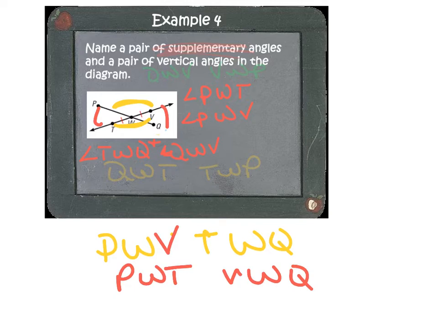All right, everybody good on vertical? Okay, and again, put the little angle symbols in front. So those would be your pairs. Good. And that is the lesson. So memorize the postulates from